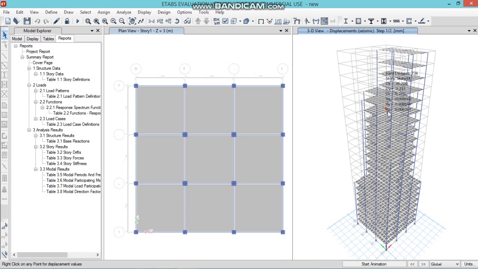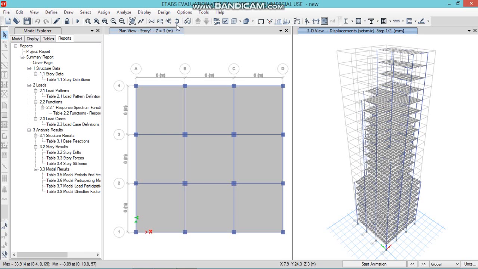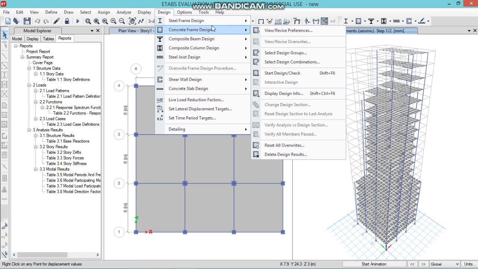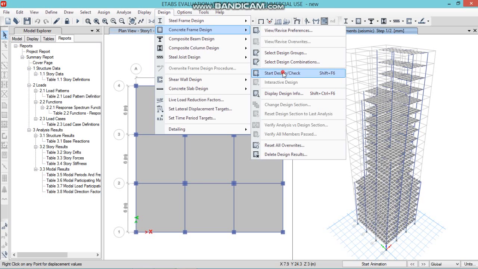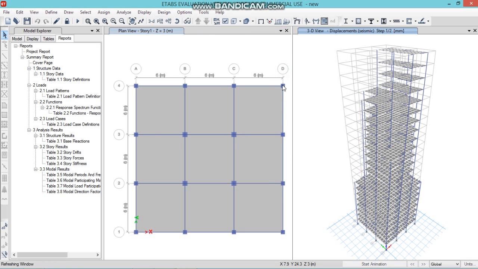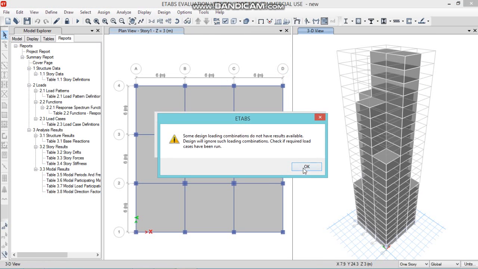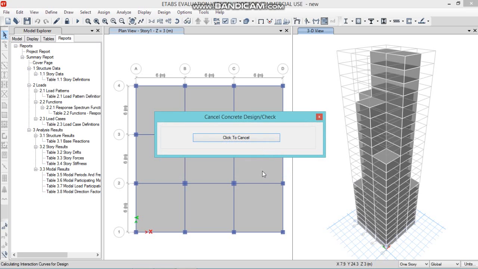So the analysis is completed. Next step is to design the model. Click on concrete frame design, then go to start design/check. Wait for ETABS to run the design check.